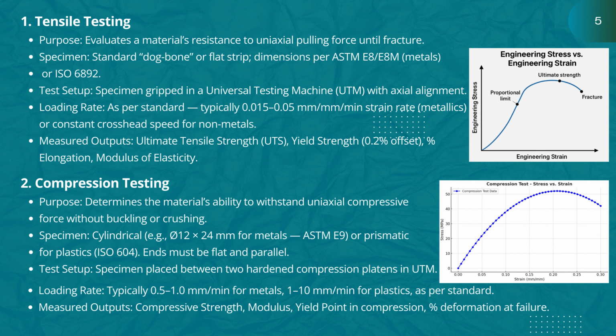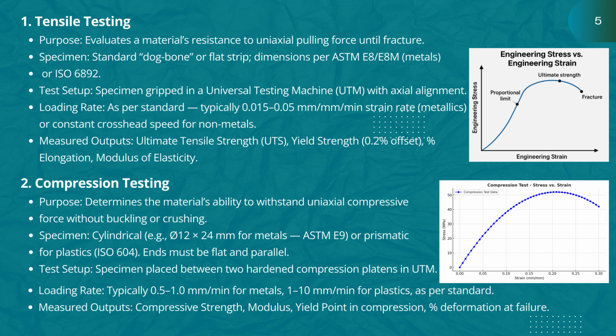This method evaluates a material's resistance to uniaxial pulling force, in other words, how much load it can handle before it breaks. The specimen is usually shaped like a standard dog bone or a flat strip, as defined in ASTM and ISO standards. In the test setup, we place the specimen in a universal testing machine with proper axial alignment. The machine applies a controlled loading rate. For metals, this is usually between 0.015 to 0.05 mm per minute strain rate, while for non-metals, it uses a